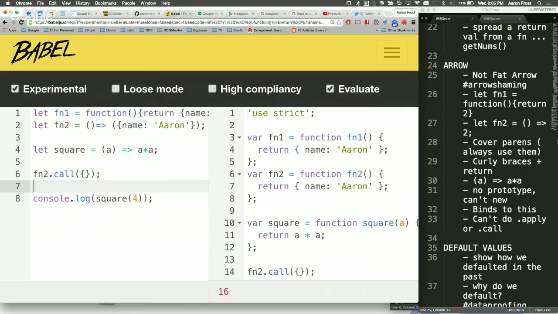I promise you, if you try to figure out some of those with the Babel REPL, you're not going to get your answer. Sorry. Babel will give you the wrong answer. So anyway,